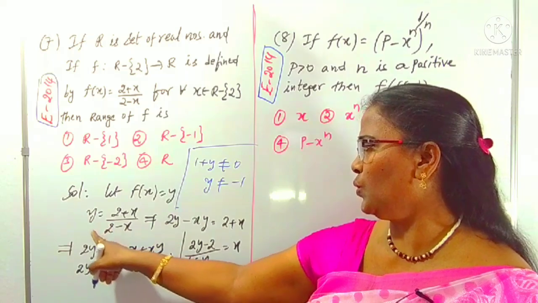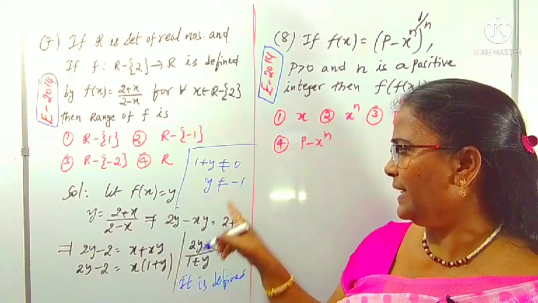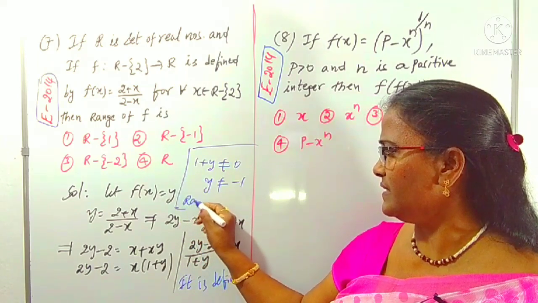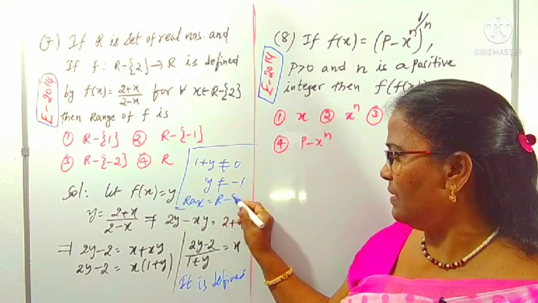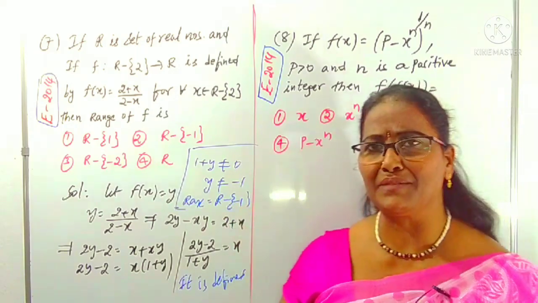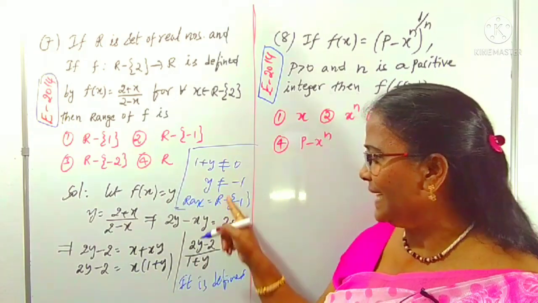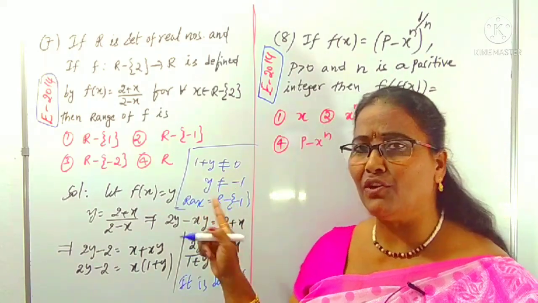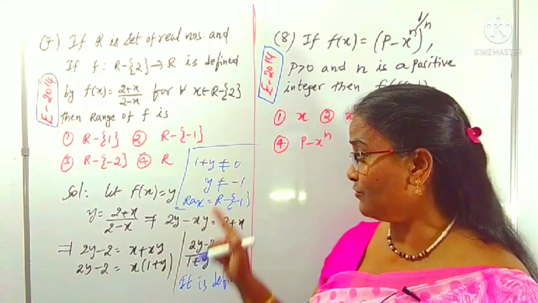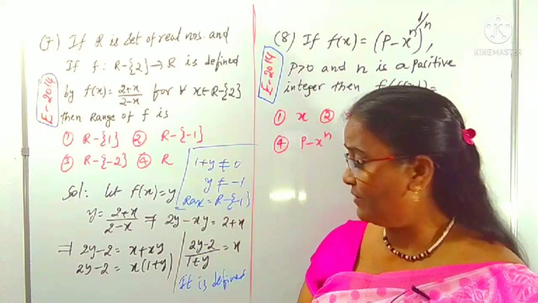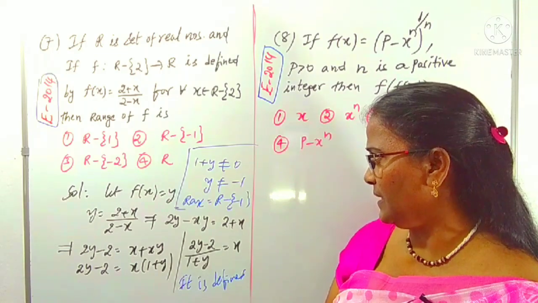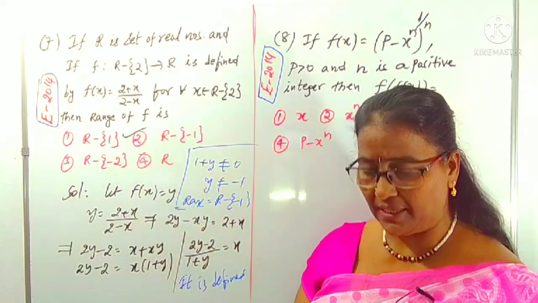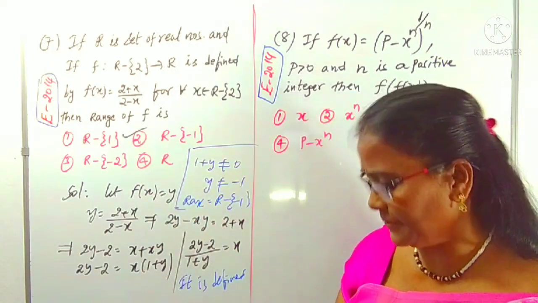xy, 2y minus xy, right. It is defined for all real values except minus 1. Means what is the range? Range is equal to R except minus 1. If you remove a value like this, minus means excluding that value. It is not defined, so we remove it from all real numbers, because in all real numbers there is minus 1 also, but minus 1 is not defined. That's why what is our correct option? The option R except minus 1 is the second option. Like this we can find the range of this function, right.